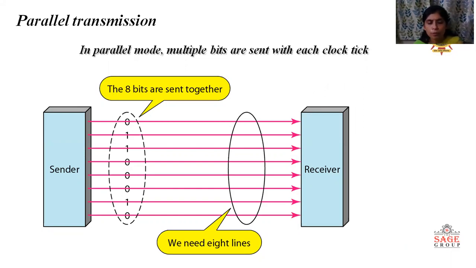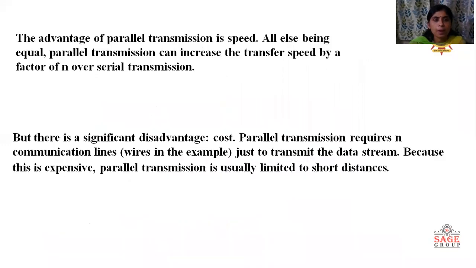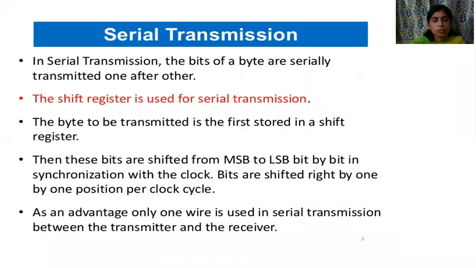Parallel transmission means communication establishment. There is a need of communication media between transmitter and receiver, and the data is transmitted via these transmission lines or wirelessly, by two methods: parallel transmission and serial transmission. These are for the wired media. This we have discussed. Parallel transmission, its advantage is speed and disadvantage is that it is costly.